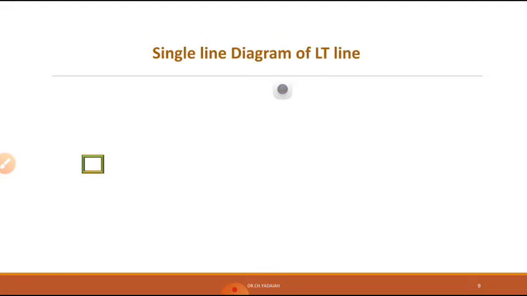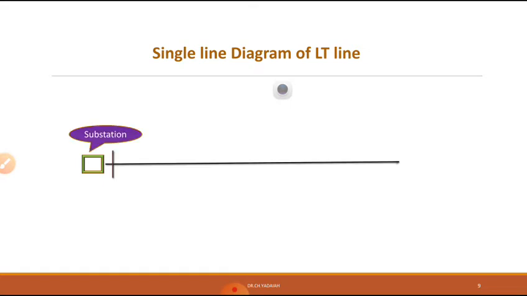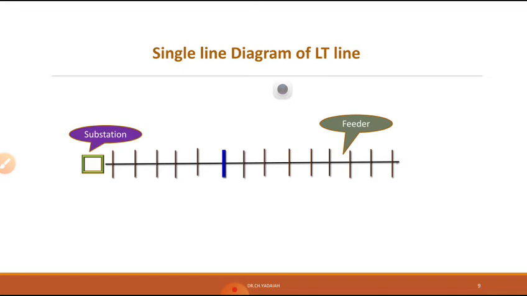Now let us do it. So what is the line diagram? Single line diagram. One is the source, that is the substation. After that, the extreme right is our destination. This is the source. So we have to run one line by using the number of poles. So this is a feeder and we are going to use the number of poles. After that, we are going to calculate.